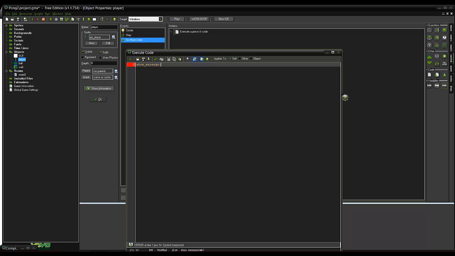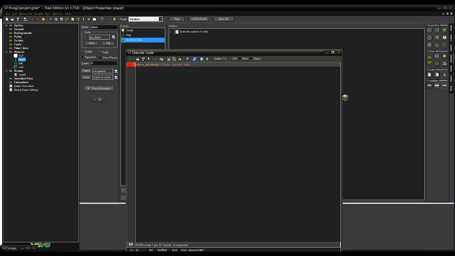But what this is, show message. So it shows up a little OK box for the person to hit. So you go show message, open bracket, and then you type in what you want to know. So you go, your score was